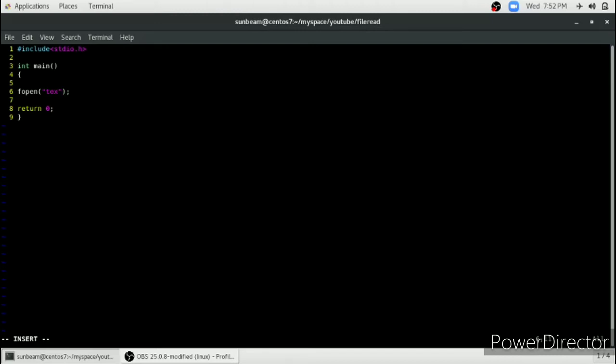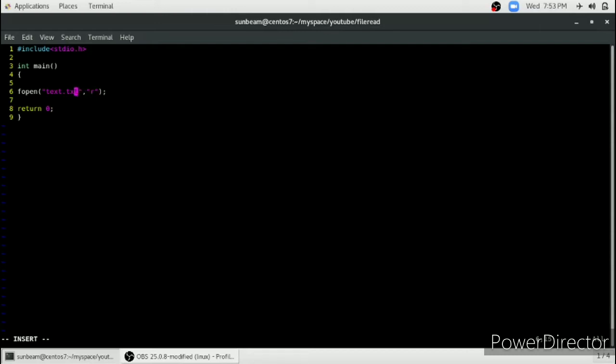Our file name is text.txt. Here you can give an absolute path or a relative path both. We will choose the relative path and give the name of the file. The second parameter is in which mode you have to open the file. We will write R to open it in read-only mode.